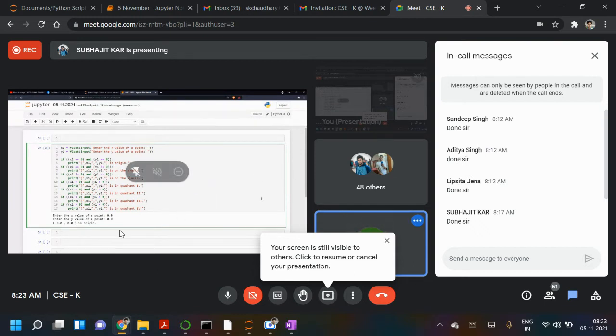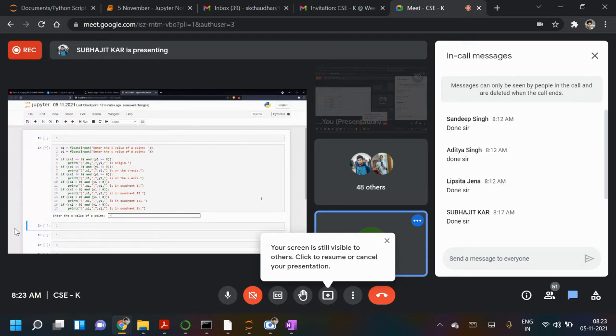So minus 1 and minus 2.5 is in the third quadrant. Yes, it's right, I think.